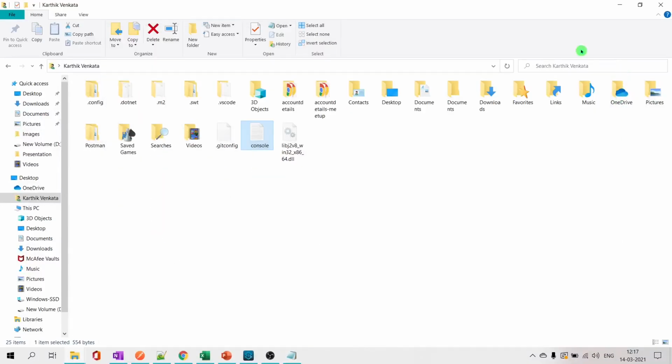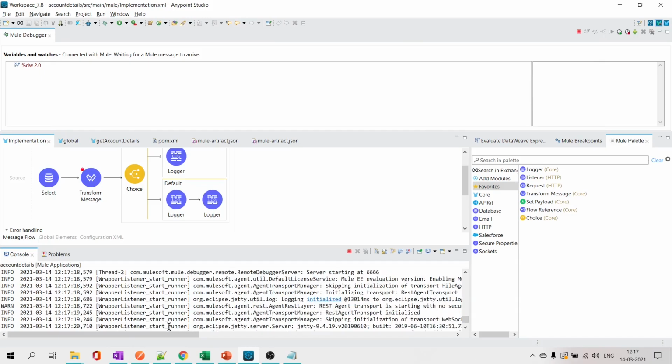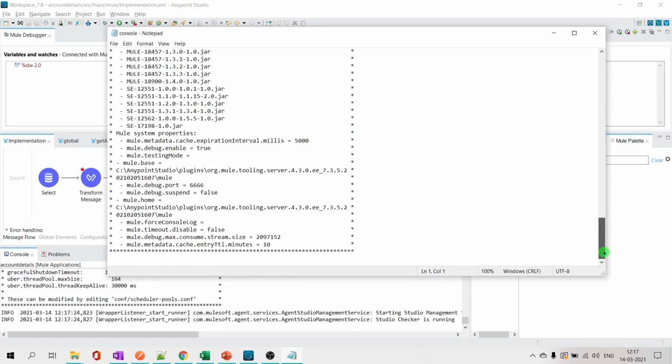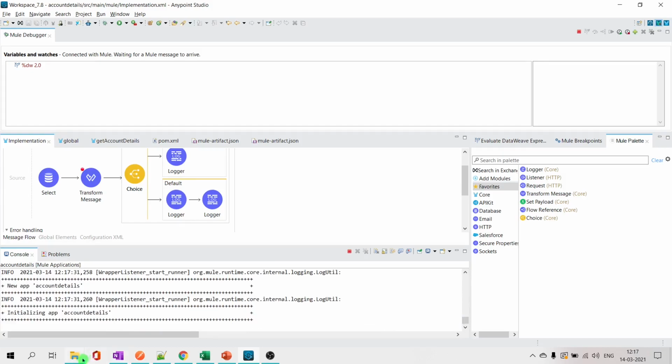So logging is happening here. If you observe here, whatever comes in this console will be coming here. But here we have one more problem. The console is auto refresh, but here we have to close and open the file again.